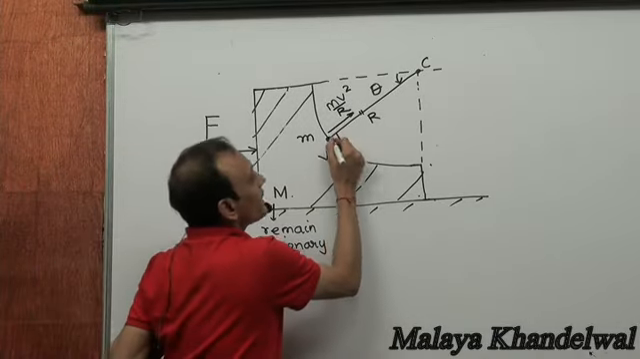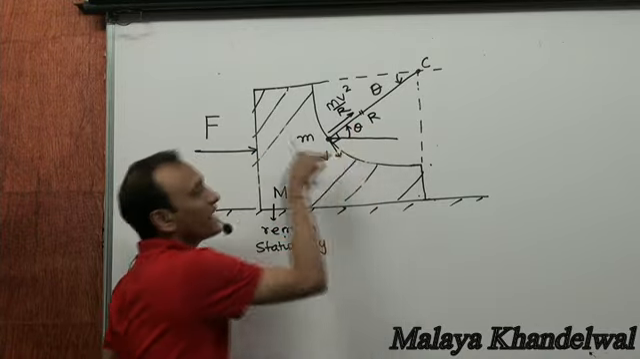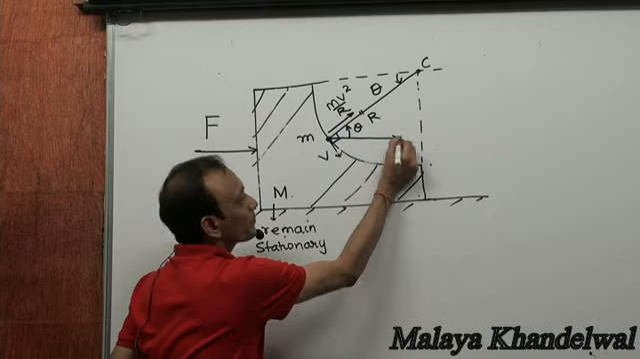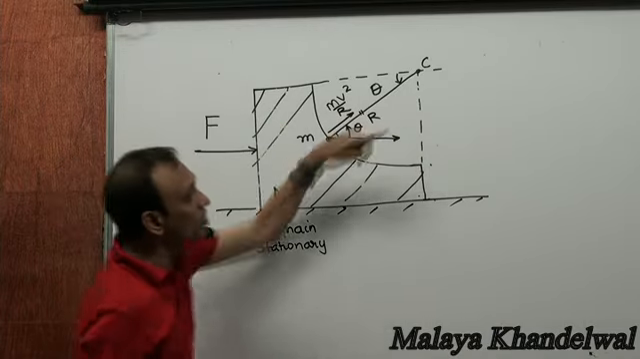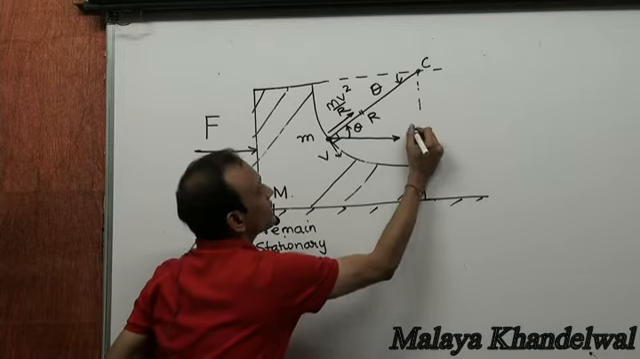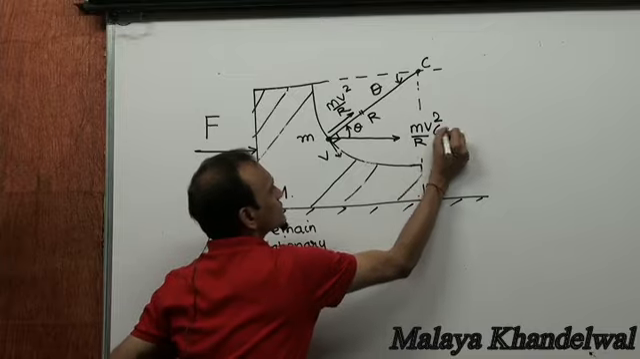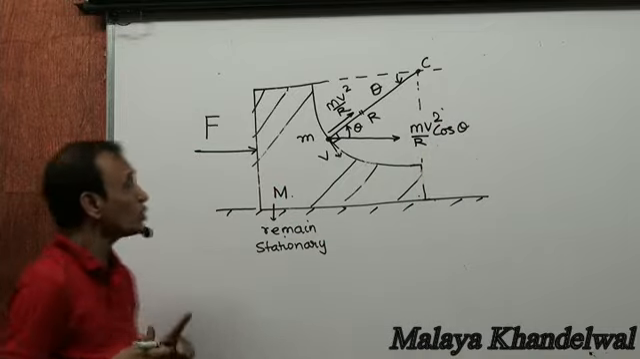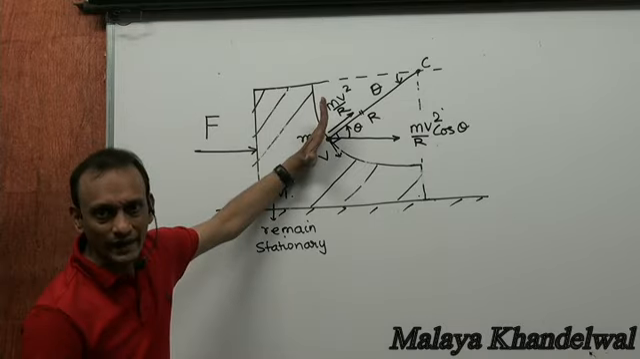And this mv squared by r makes an angle theta with the horizontal, right? So its horizontal acceleration is going to be mv squared by r cos theta, right? Now, if such is the case, what I could do is, on a system comprising capital M plus small m,